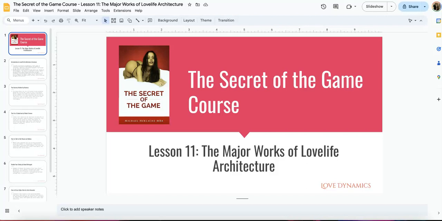Really excited to have you on lesson 11 here, the major works of love life architecture. So once again, we're pioneering the body of knowledge for one's love life, which we're calling love life architecture. Previously it was referred to as pickup or game and things of that nature, but really that's just a subcomponent associated with meeting girls for the first time. So what is the nature of love life architecture, past that, and the nature of the interactions that are polarity, whether it's social, whether it's flirting, whether it's physical, all those things play into an actual meaningful love life rather than just meeting and picking up girls on a continued basis. So we're going to hop in to the major works of love life architecture.